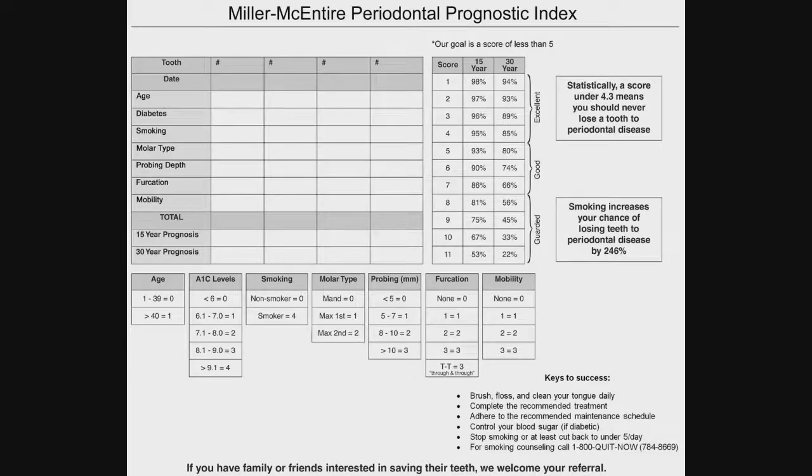diabetes. Now, here's the score sheet, and it has undergone many different variations over the years to simplify this. And we can see the factors that we score there on the top left, and in the middle we see the percentages which we will share with the patient. But on the lower right is a very, very important part, and that's the keys to success, which